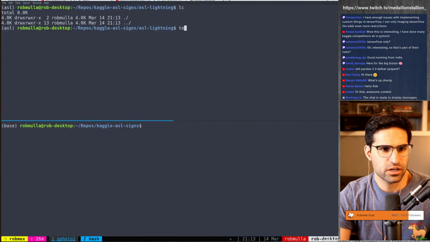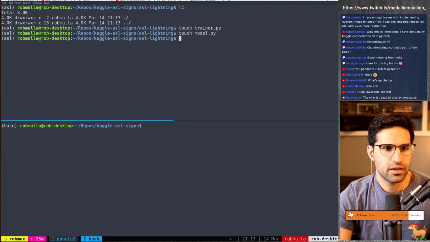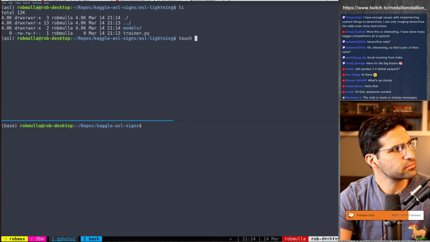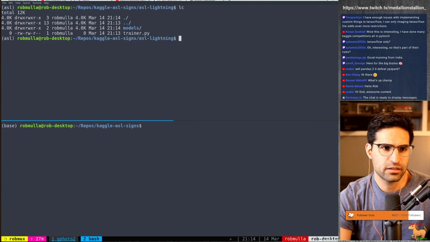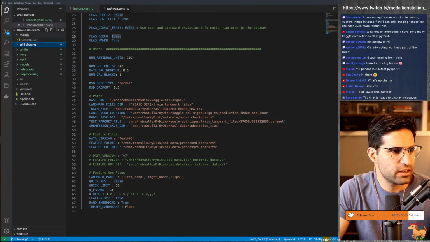So let's touch a trainer.py, and we're going to touch a model.py. Actually, let's remove model.py and let's make a directory called models. And then let's touch. What else do we need? Let's make a directory called datasets. And okay, so now we have in here this